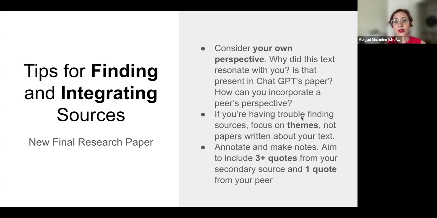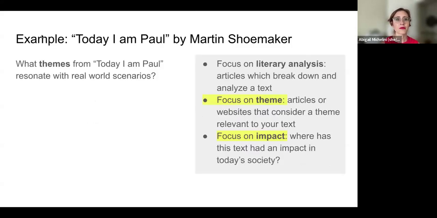Okay, as you are going through, make sure that you annotate, you make those notes on the side for yourself. You don't have to turn in notes about the article to me, but you definitely want to be looking for 3 or more quotes from a secondary source to incorporate and support your point that either ChatGPT missed this, or this is a source it should have included, that kind of thing. And of course, 1 quote from your peer. So you want to be going back through and looking for a quote from a peer from a previous CCQQ discussion board. All right, so I promised to take you through an example here.